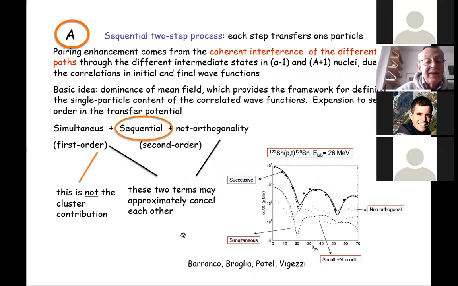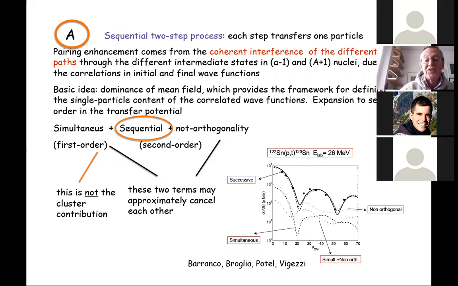In the case of the sequential two-step, in which the external mean field is transferring one particle after the other, the pair interaction is inducing anyway a coherent interference of the different paths through the different intermediate states due to the correlation in initial and final functions. And as I said, the basic idea is that it's the mean field that provides the main and dominant framework for